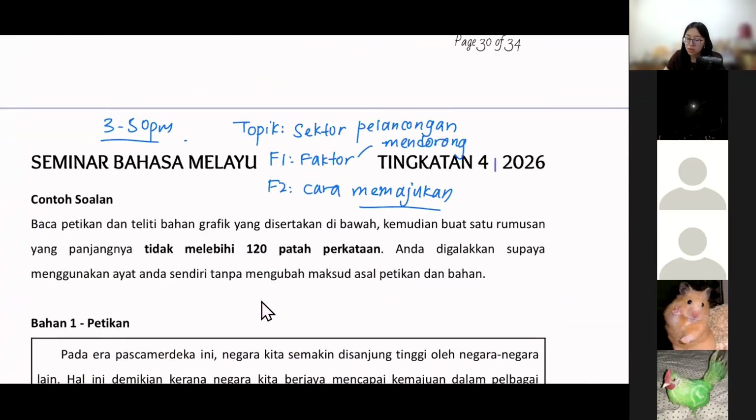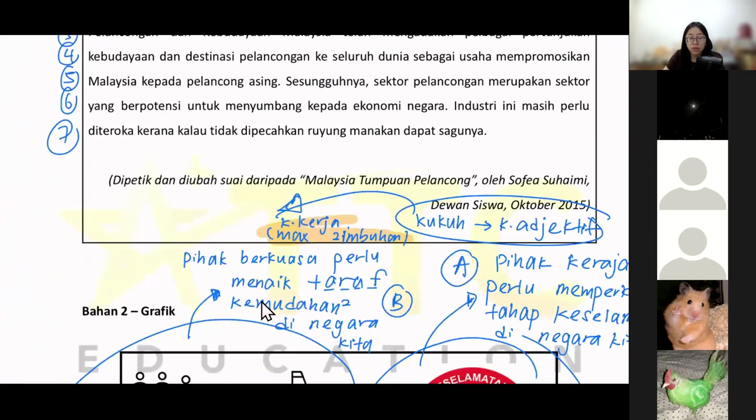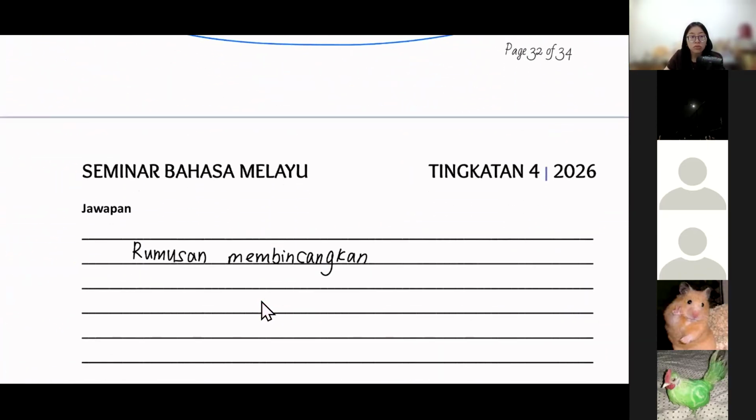Membincangkan apa? Oh, faktor. Faktor mendorong. So you need to put one factor or two factor. One or two. Okay, actually it's two. Because you are telling more than one factor, so become faktor mendorong